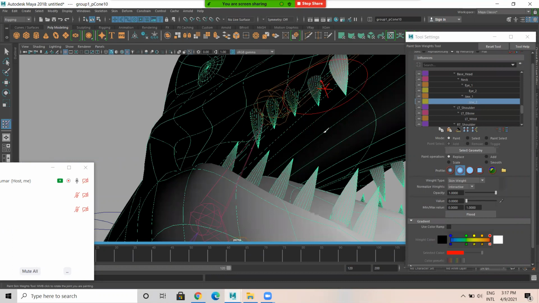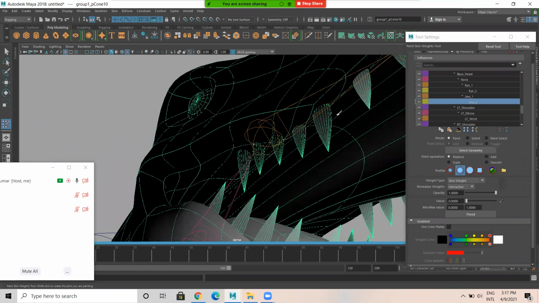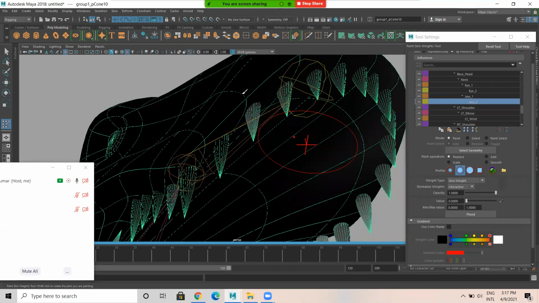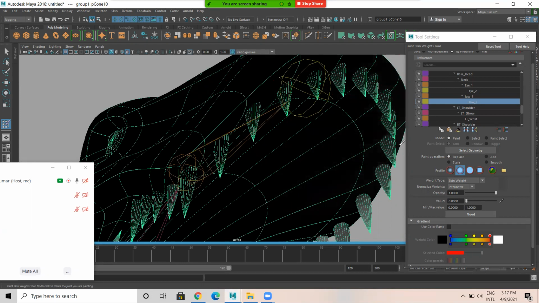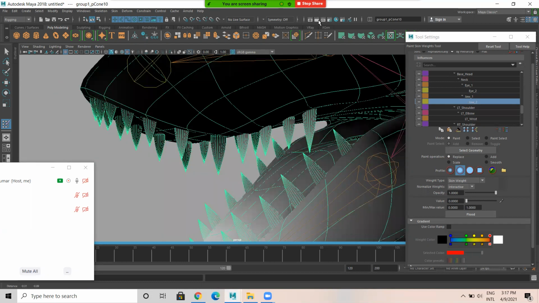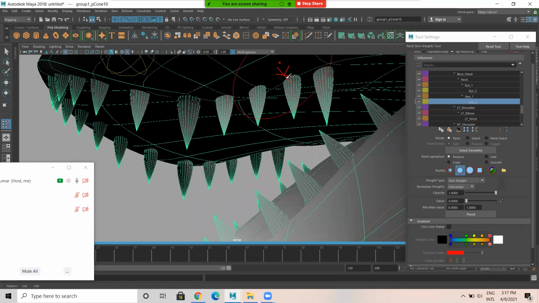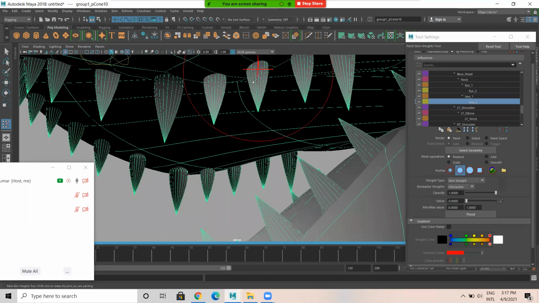So painting we have to do. There are multiple methods of doing skinning. One is this option, and in another option we can select the vertex and we can remove the influence. Select the vertex of the top head or top upper jaw, and we can remove in one single shot.